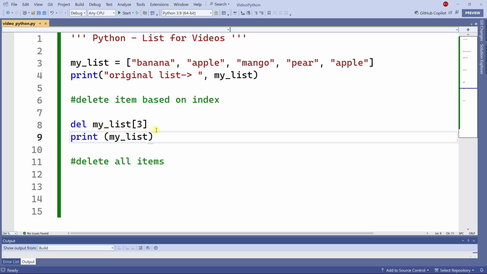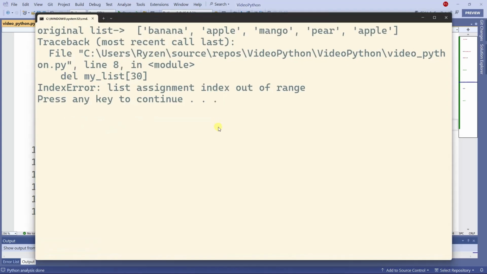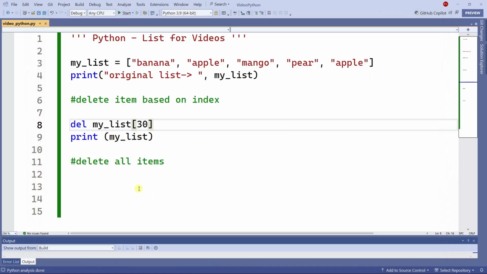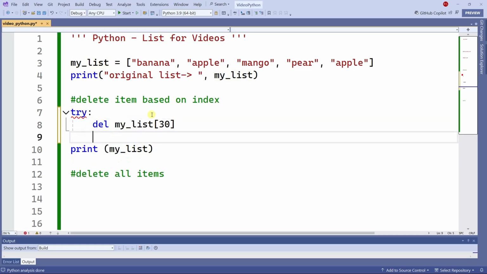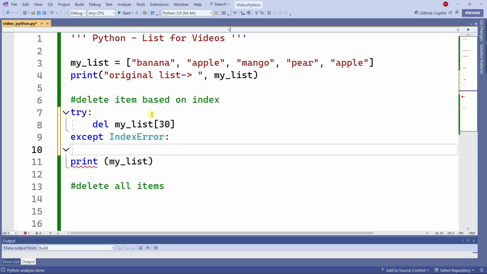However, the problems that we have with the delete are the same that we had with the remove. So if you try to remove something that's not there, you will have another error. So this time we have the index error. So the same way you did with the remove, you need to do here as well, which is try, then try to delete, and then finally except, and I'm going to do the index error exception, then a message,